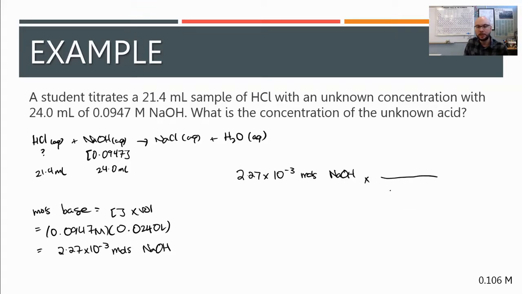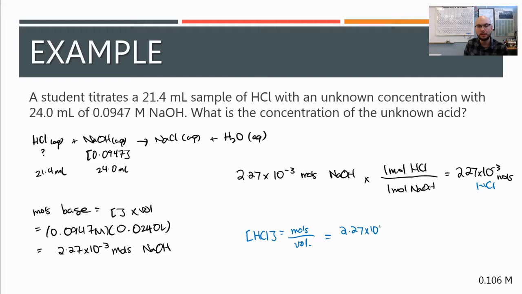We're going to set up our mole ratio here. 1 mole of NaOH neutralizes 1 mole of HCl, which means we're going to get the same number: 2.27 times 10 to the negative 3 moles. Then we should recognize that the concentration of HCl is equal to moles of HCl over the volume. All right, so moles per liter. So we're going to take our moles of HCl from up here, 2.27 times 10 to the negative 3 moles, and divide by the volume, converted to liters, 0.214,